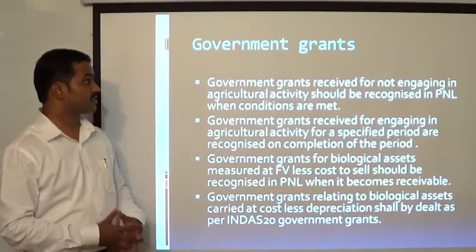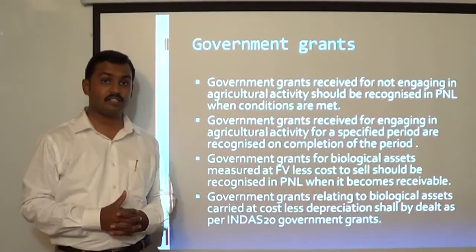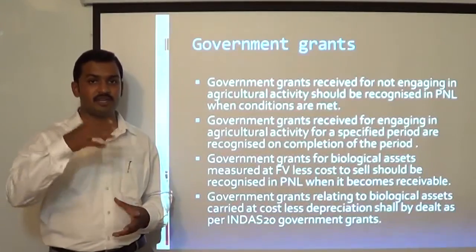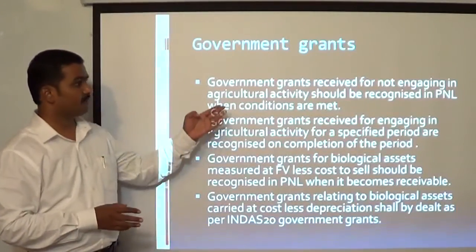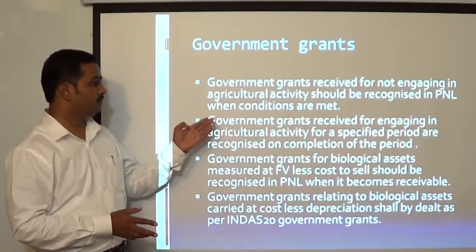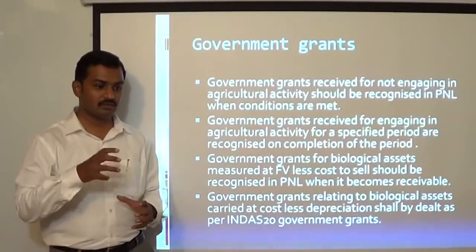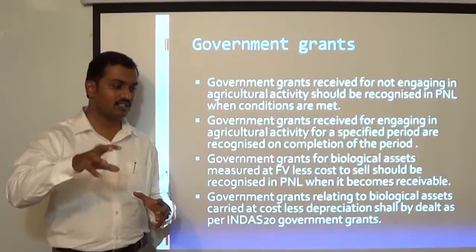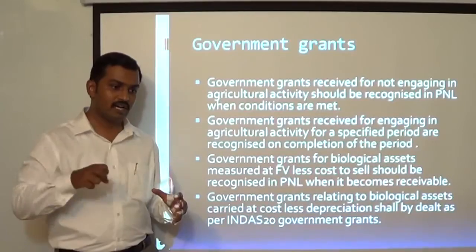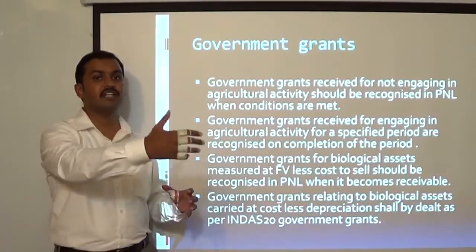Next, government grants. In certain situations, the companies that are engaged in agricultural activities may get some government grants. Government grants received for not engaging in agricultural activity should be recognized in P&L account when conditions are met. Sometimes the government says you please don't get involved in certain agricultural activity. In such cases, you can recognize this government grant in P&L account only when you have satisfied the conditions imposed